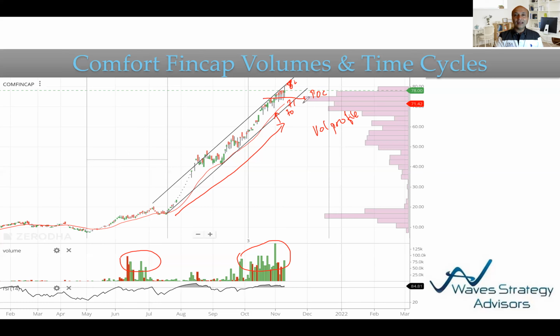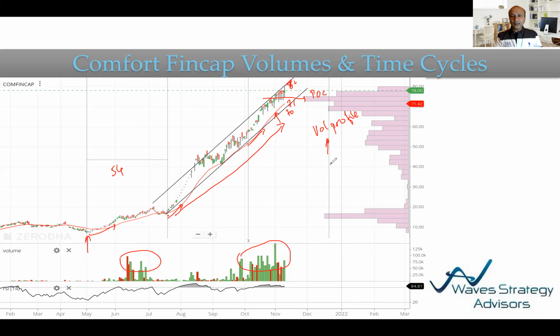Next, as a trader, you should always bet on the direction of the trend. I'll never bet against it. Along with that, I've also applied a cycle. This is a 54 days time cycle. You can see a low formed here and a rally, a low formed here, then the rally which happened, and a low formed again around the month of October before the big move happened from 50 to around 80 levels. And the next low as per this time cycle is going to happen by the third week of December. So that is the time frame where I'm going to keep a watch on this stock.